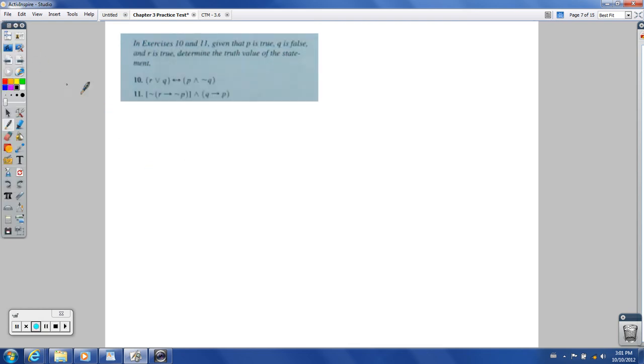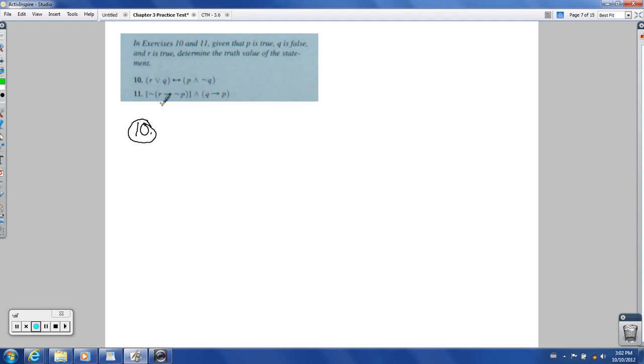All right, let's move on to 10 and 11. Given that P is true, Q is false, and R is true, determine the truth value. So another pretty quick one here for 10, I would say. So R, we're saying is true. So we have R is true, or Q. Q is false. So true or false, if and only if, and then P is true,